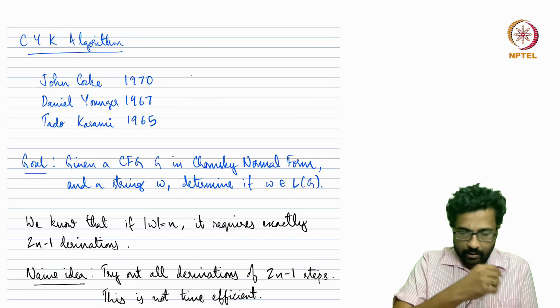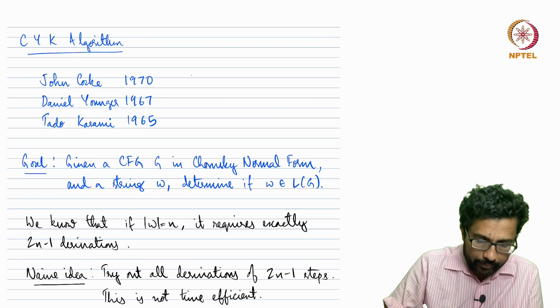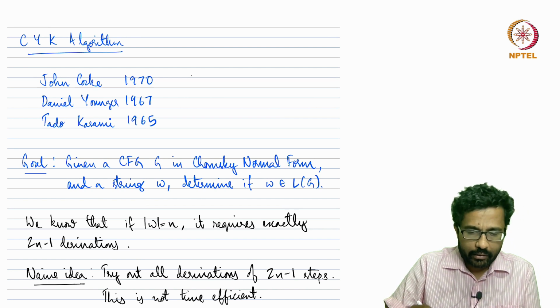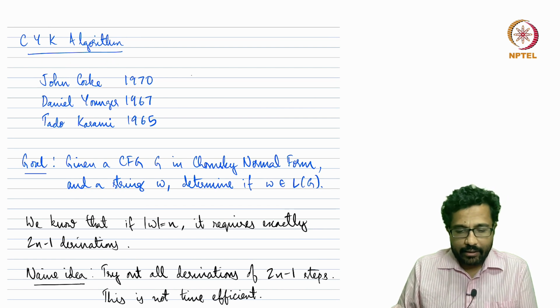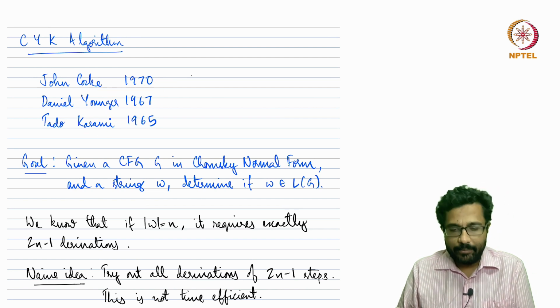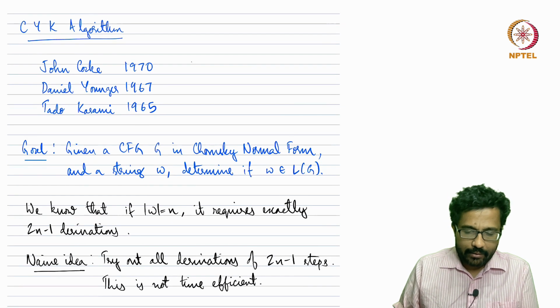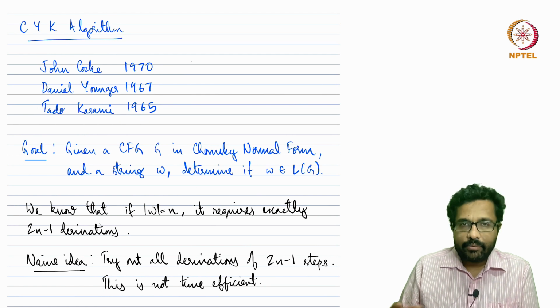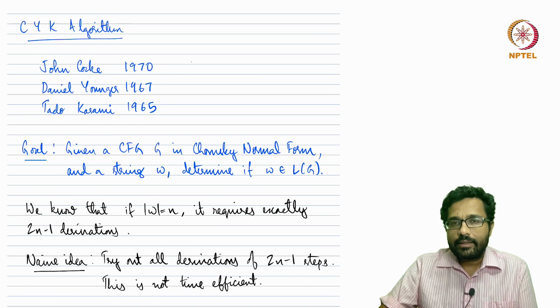One of the algorithms that does this is called the CYK algorithm, which is what we are going to see in this lecture. It was independently discovered by three people, Cocke, Younger and Kasami, in the late 60s to around 1970. The algorithm answers the question I just stated: given a grammar in the Chomsky normal form and a string,